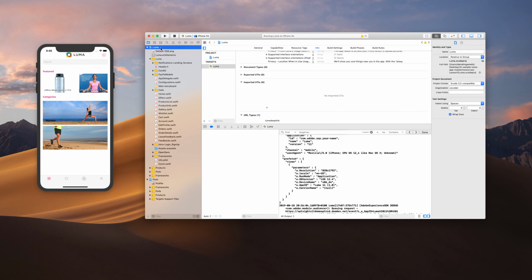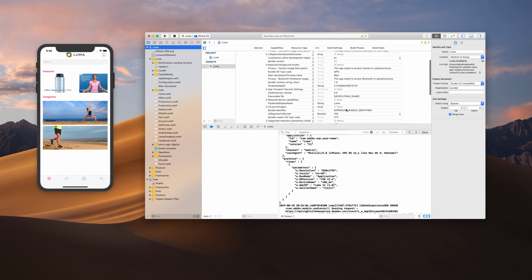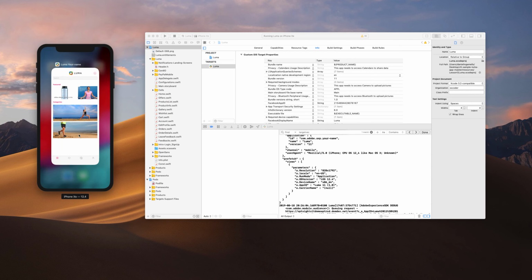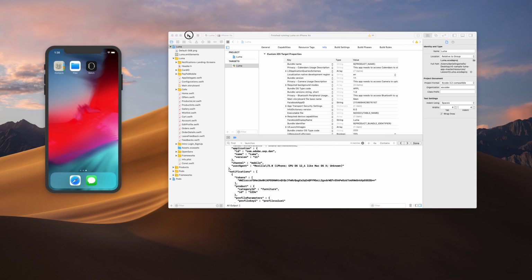And I'll just jump back into it to make sure it's saved all my configuration, which it has here, here, and here. Now what I want to do is reload my app. So I'm going to completely delete the app that I have been using so far to get rid of the cache, because caching can be a problem when you use the simulator. So if you completely delete the application from the simulator, it also gets rid of the data and the cache. And then if I just build this again,